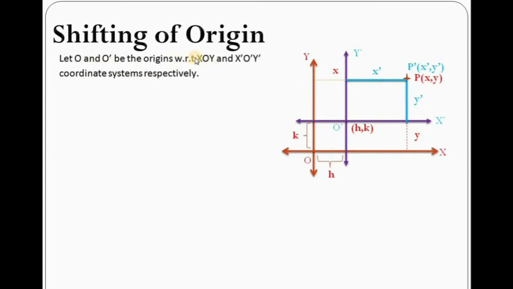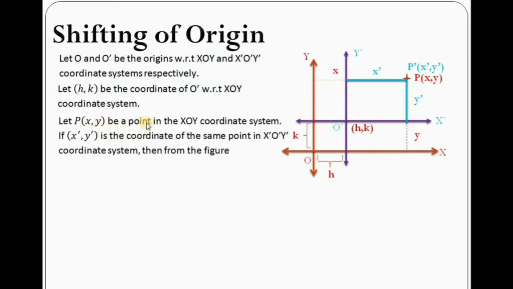So O is the origin for x, o, y coordinate system and O dash is the origin for x dash, o dash, y dash, that is this coordinate system. Let h, k be the coordinate of O dash with respect to the x, o, y coordinate system, and let P(x, y) be a point in the x, o, y coordinate system. So if x dash, y dash is the coordinate of the same point but in the x dash, o dash, y dash coordinate system,